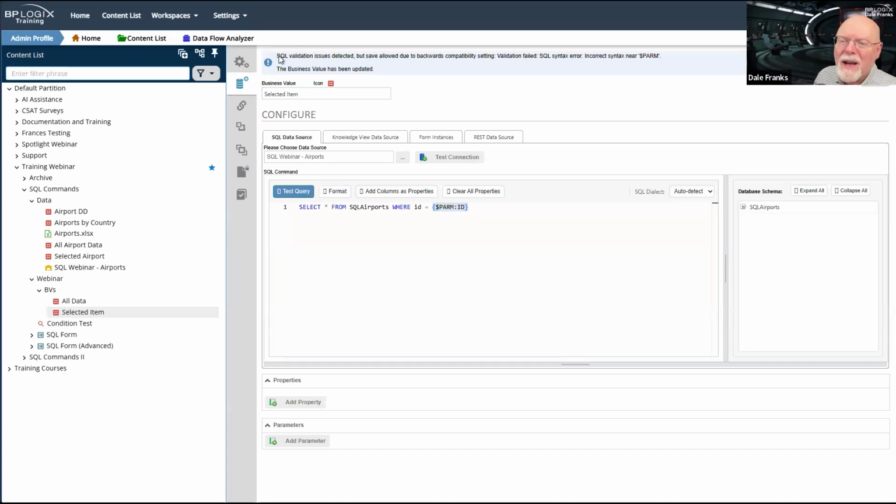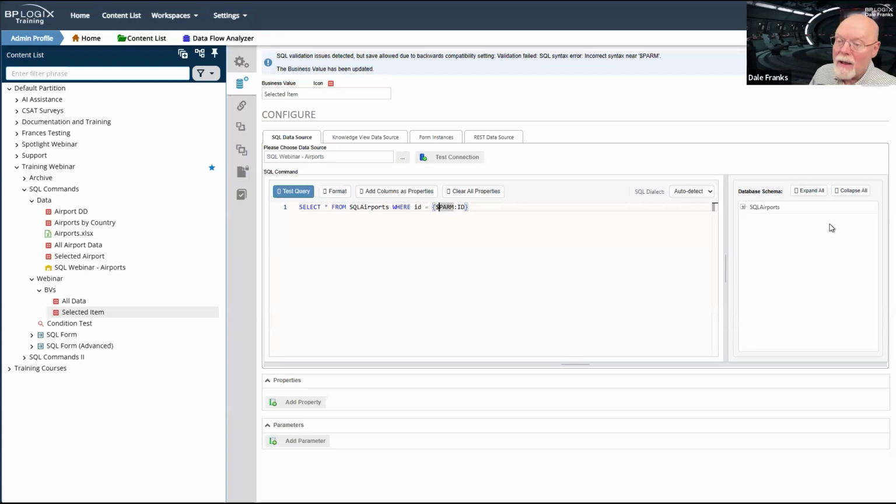So it is detecting a validation issue, but I'm not going to worry about that because right now it doesn't know what parm :ID means. At runtime, it will. So I'm not going to worry about that. The important thing is that it didn't give me the horrific error that I might have gotten if I did not include the $ sign there to make things SQL safe. You always want to remember that $ sign there.